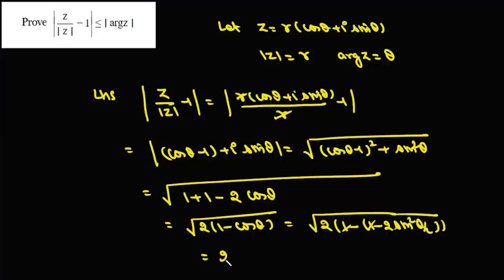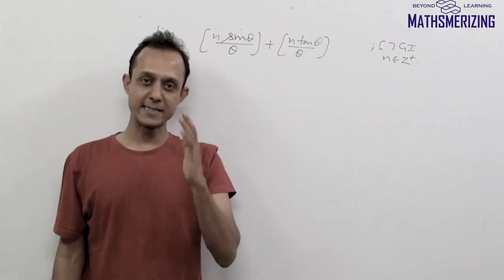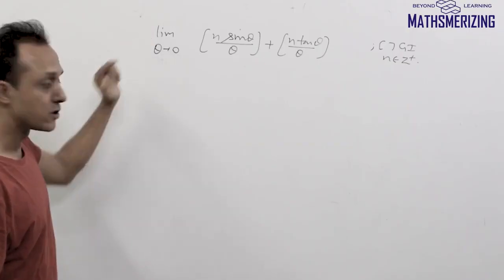So it is equal to 2 times mod of sin theta by 2. Now we know that mod theta is greater than or equal to mod sin theta. So basically we can write mod of sin theta by 2 will be less than or equal to mod of theta by 2. So now we can write this is less than or equal to 2 times mod theta by 2. 2 and 2 will cancel and mod of theta is argument of z, which is what we need to prove in this question. So let us take another question in limits, which is